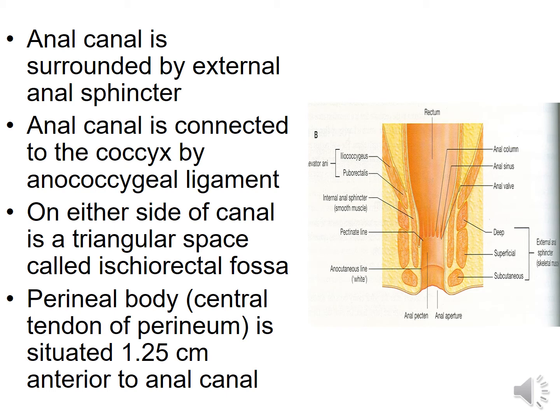And in this diagram, we can also appreciate the sphincters of anal canal. Internal anal sphincter is nothing but the inner circular lining, and then we can see that external anal sphincter has three parts: superficial, deep, and subcutaneous part. And we can also appreciate white line of Hilton over here between the lower 8 millimeters and upper 30 millimeters. We have the junction, which is known as white line of Hilton.